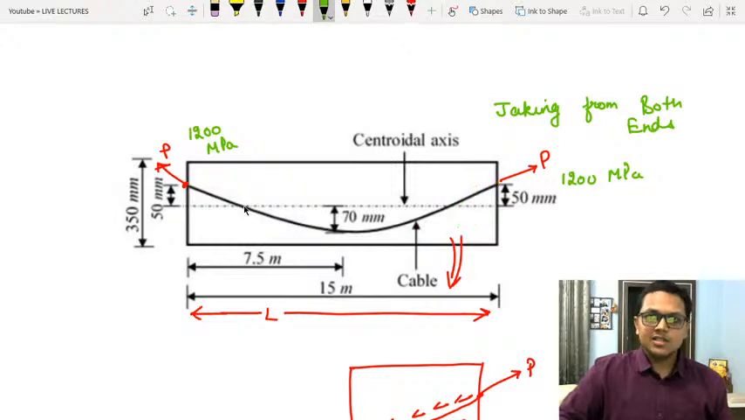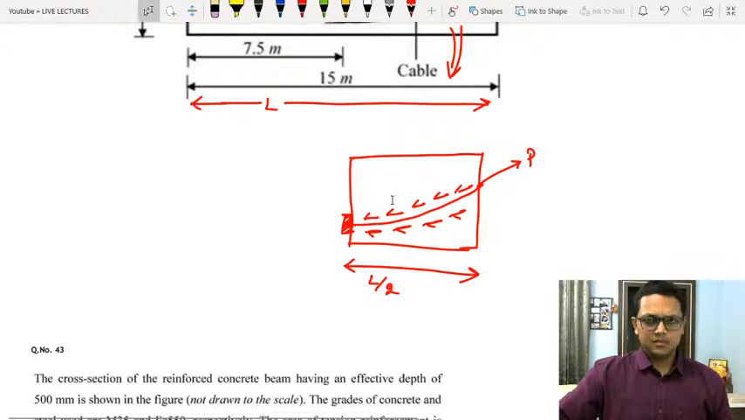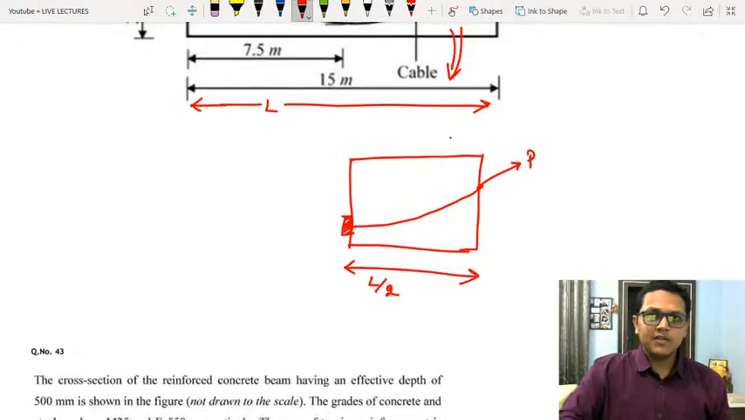Now since the jacking is done from both the ends, if we take the effect of only one side of the jacking, it can be seen from the below diagram, the angle and the curvature through which the jacking will be done will be